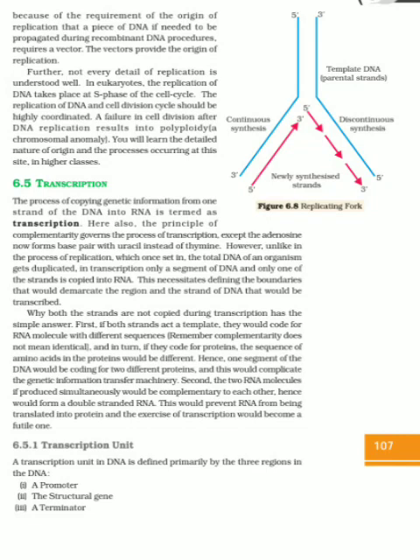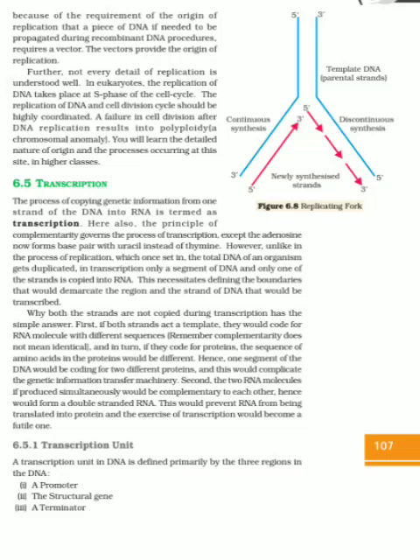Why both the strands are not copied during transcription has a simple answer. First, if both strands act as template, they would code for RNA molecules with different sequences. Remember, complementarity does not mean identical, and in turn, if they code for proteins, the sequence of amino acids in the proteins would be different. Hence, one segment of the DNA would be coding for two different proteins, and this would complicate the genetic information